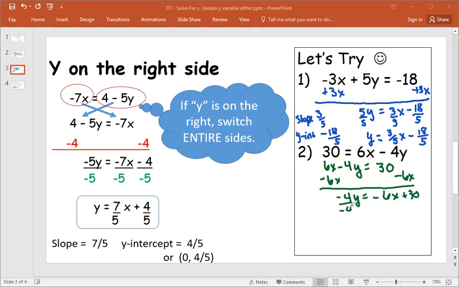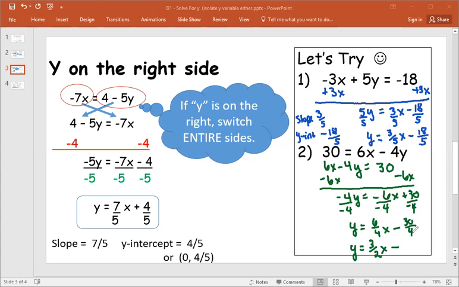I divide by negative 4, so y is equal to, now this becomes a positive 6/4, and this becomes a negative 30/4, and now I want to reduce this fraction since they can both be divisible by 2. This is 3/2 x,